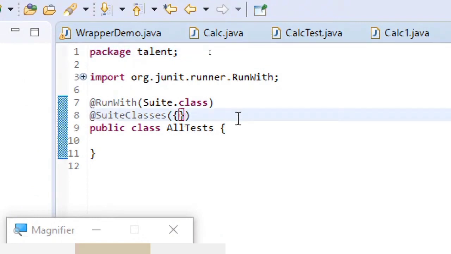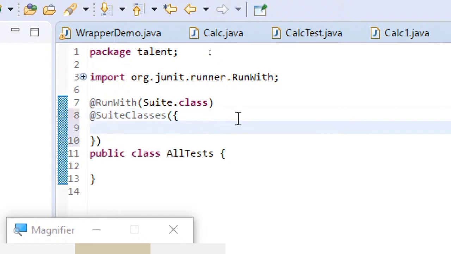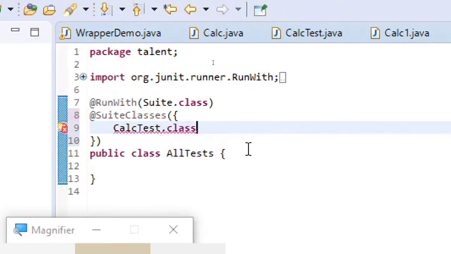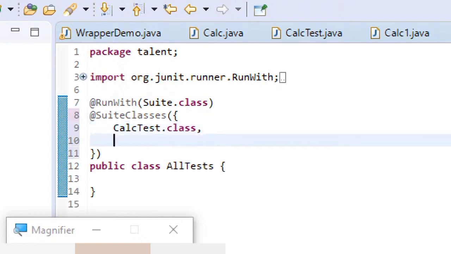This is how the test suite will be created, and in this suite classes you are going to write all the test classes, whatever test classes we have created right now. That is CalcTest.class, so you have to write the class like this: CalcTest.class,